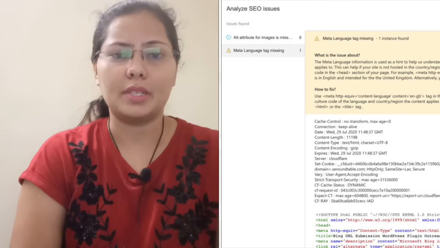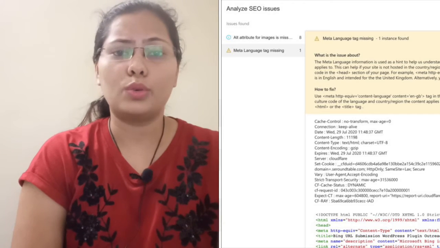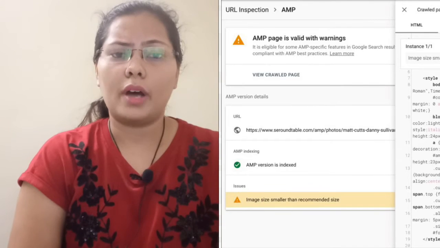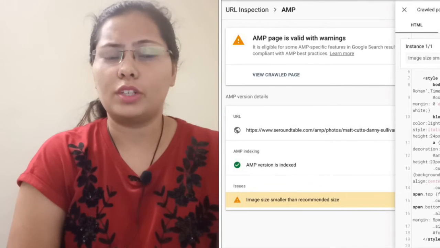Critical issues. Both tools will help you to fix issues, but sometimes they will show you different issues. For example, whenever I search my URL in the Bing URL inspection tool, it shows me that the alt attributes of images are missing. And whenever I put that URL in the Google URL inspection tool, it doesn't show me that error. So I thought that this happens only for one URL, so I checked with another one. The same thing happens. But the unique thing is that whenever an issue happens, both tools will give you help documentation to fix those issues.